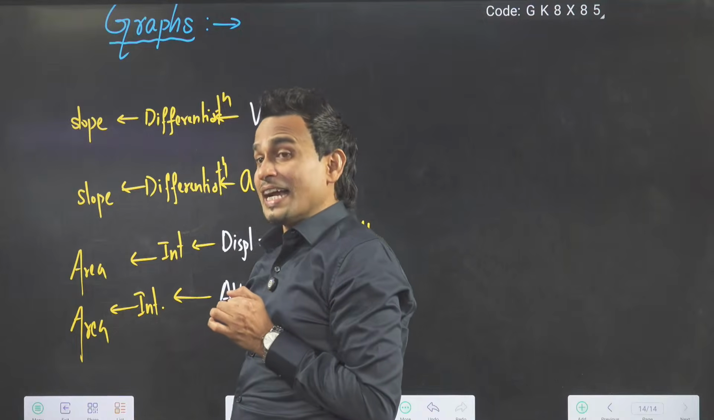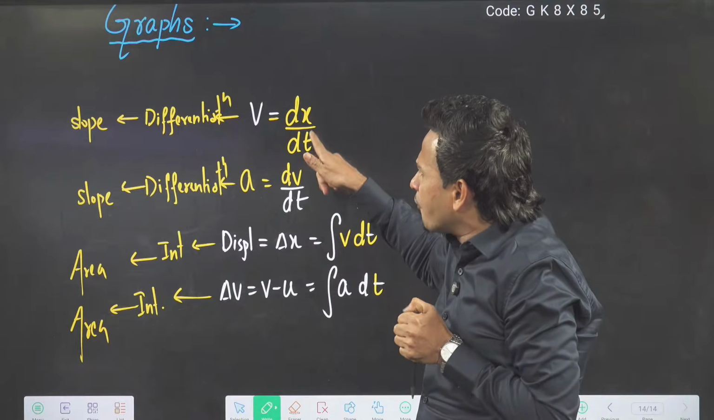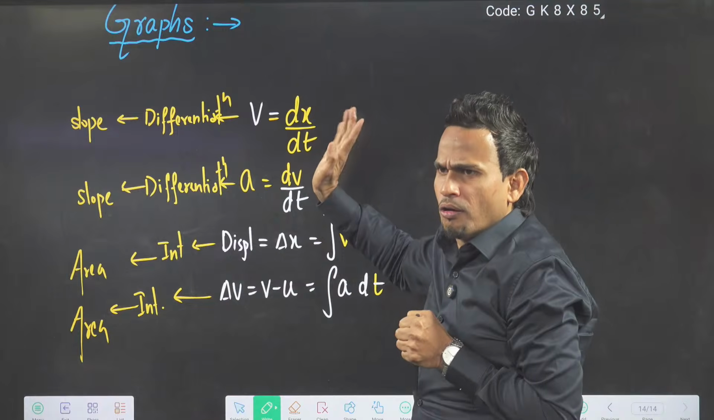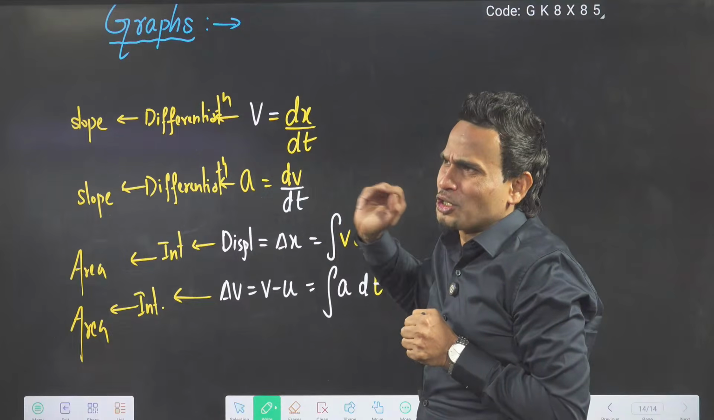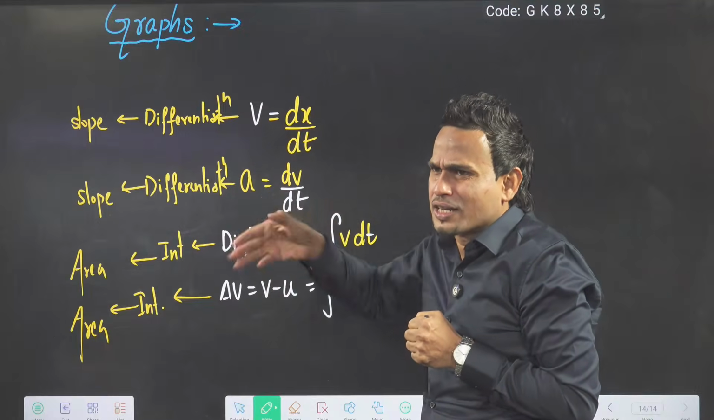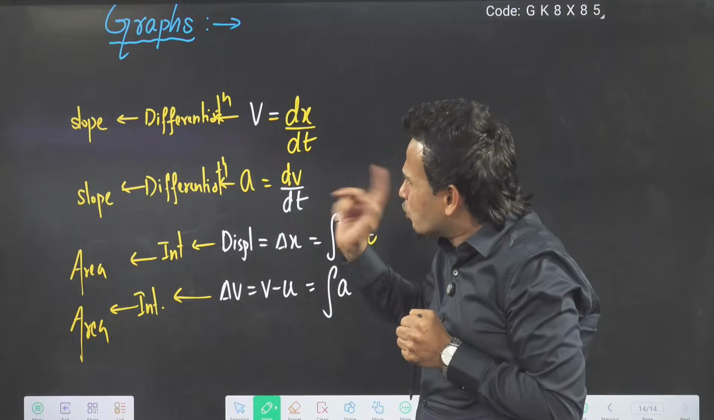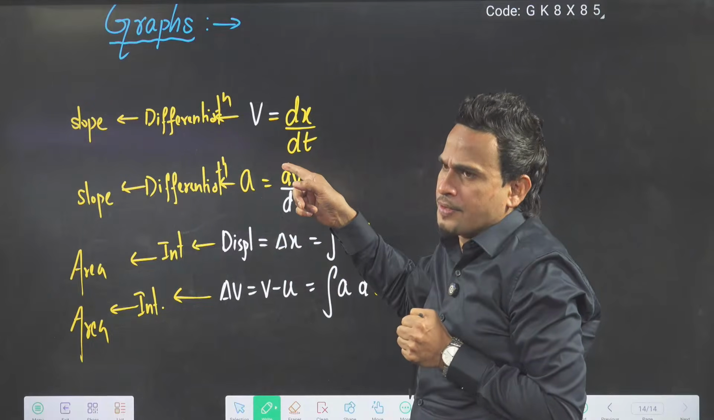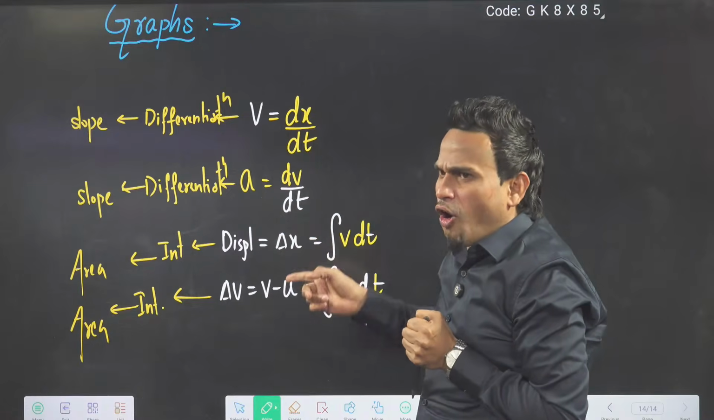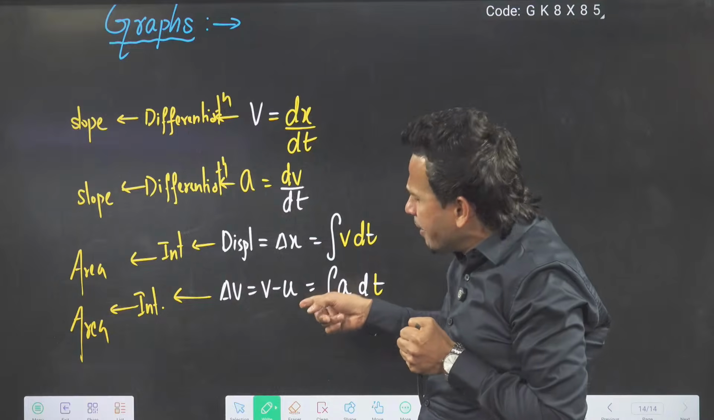That means slope of displacement time graph or position time graph will represent velocity. People generally remember slope of displacement time graph, velocity; slope of velocity time graph, acceleration. In exam they get confused. So that's why you must have clarity. Why slope of displacement time graph is only velocity? Why slope of velocity time graph is only acceleration? Why area of velocity time graph is only displacement? Why area of acceleration time graph is only change in